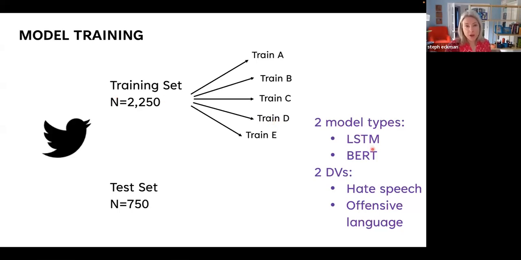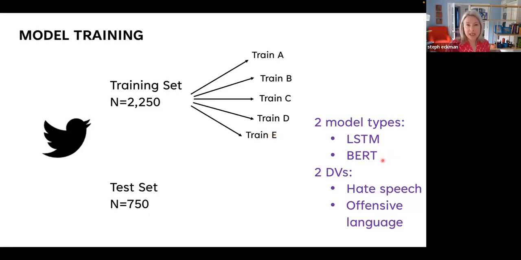The BERT model, on the other hand, is one of these large language models. It's already been trained on a bunch of language and documents downloaded from the web. What we did was fine-tune it on our data. So we fine-tuned the BERT model, say, on the labels collected in condition E, and developed a model that way.